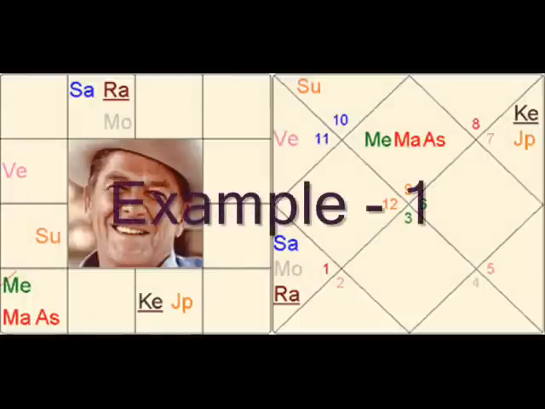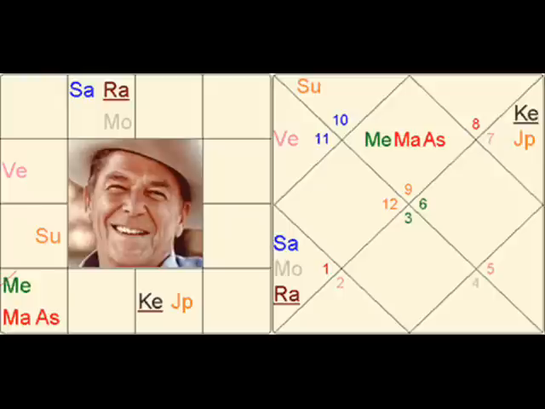Let me explain in a better way by showing an example. Here you can see the South Indian and North Indian formats of Vedic birth charts. And you can see the ascendant lord is in the sign of Sagittarius, number 9 zodiac sign. So Sagittarius will be your first house, and the second house is occupied by Sun, which is in the sign of Capricorn, and the third house will be Aquarius, which is occupied by Venus, and the fourth house will be